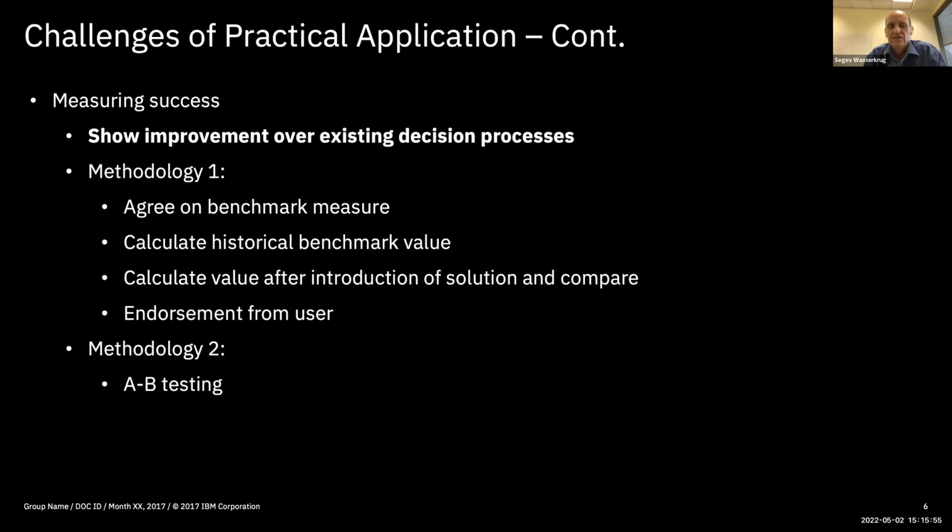So what we did there is, to some of the technicians, we gave the system. Other technicians didn't have the system. They actually kept all the records, and they compared over a period of several months the difference between the two, and again showed very significant improvements for the technicians who did have the system. But typically it's less frequent that we can have this kind of A/B testing.